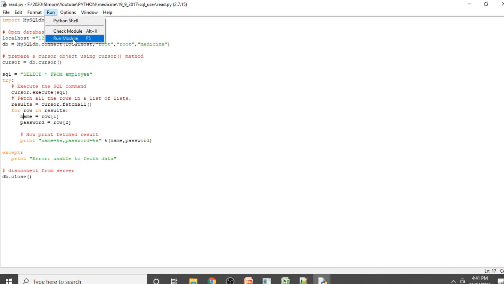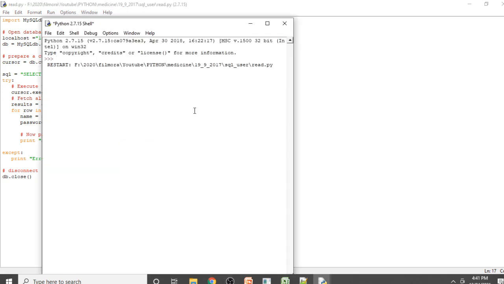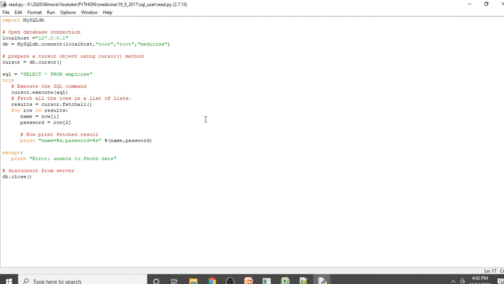After running this code, you can see the for loop is executed three times and it gives all your data which is present inside the employee table.